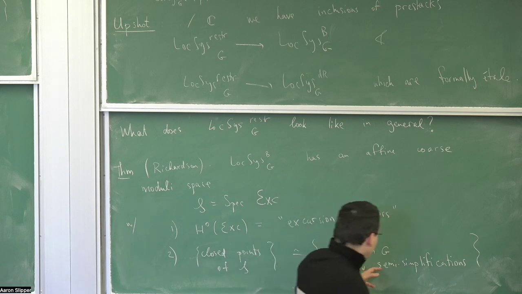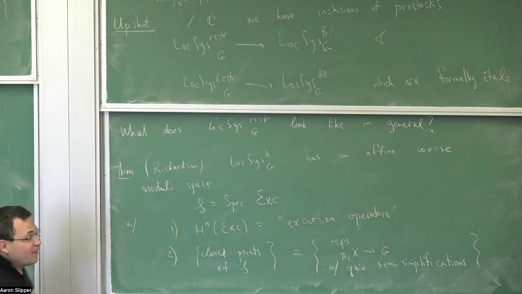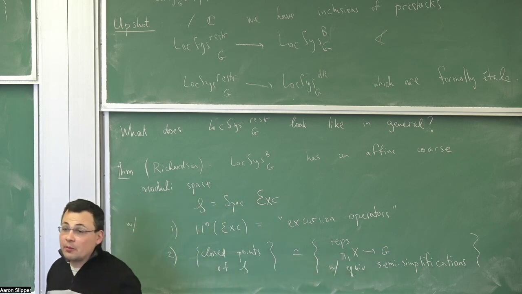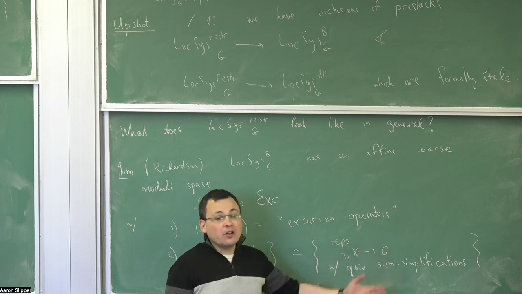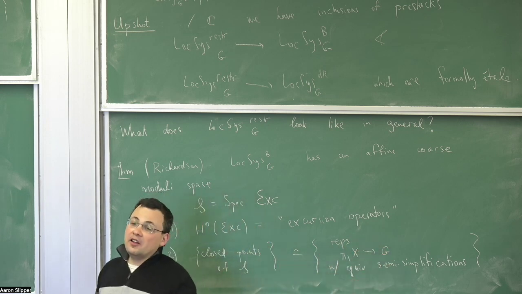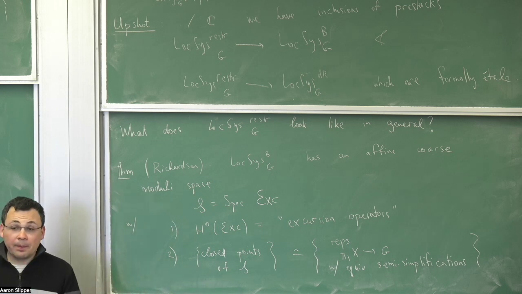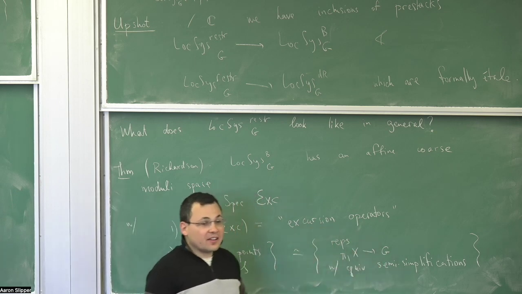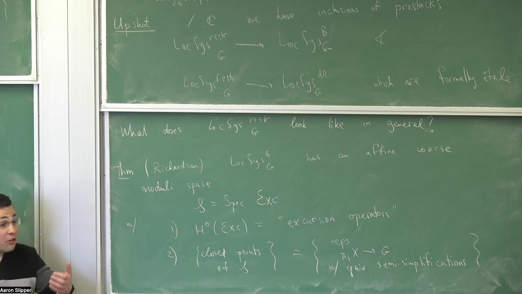Hopefully everyone is paying attention. The point is that there's a notion of such a thing being semi-simple. First of all, there's a notion of a representation being irreducible. Irreducible means that the image doesn't lie in any proper parabolic. If you use GLN, this exactly corresponds to the usual notion of irreducible, because if you had a sub-representation, you'd fix a flag.